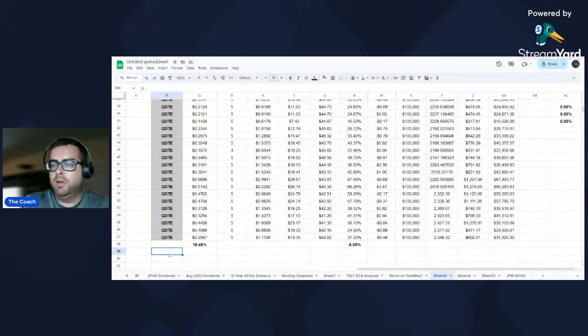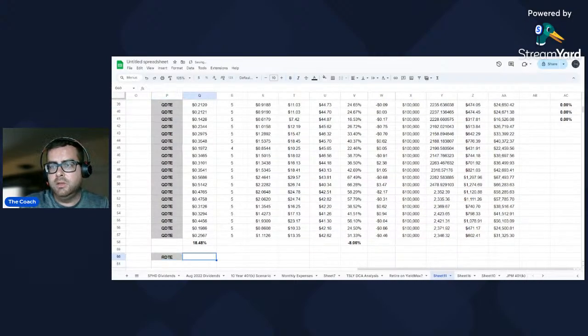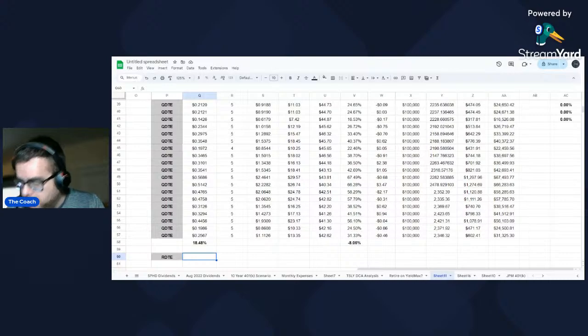So now what we're going to do, we are going to add another column over here, and we're going to start tracking RDTE. So check this out. This is our newest column because we've got 3 of these, and pretty soon we're going to have a lot more because remember, they're going to come out with weekly covered call ETFs to compete with YieldMax, basically. So let me type this in again here. We had a pretty decent dividend for RDTE. It was actually 36 cents. So this is going to be